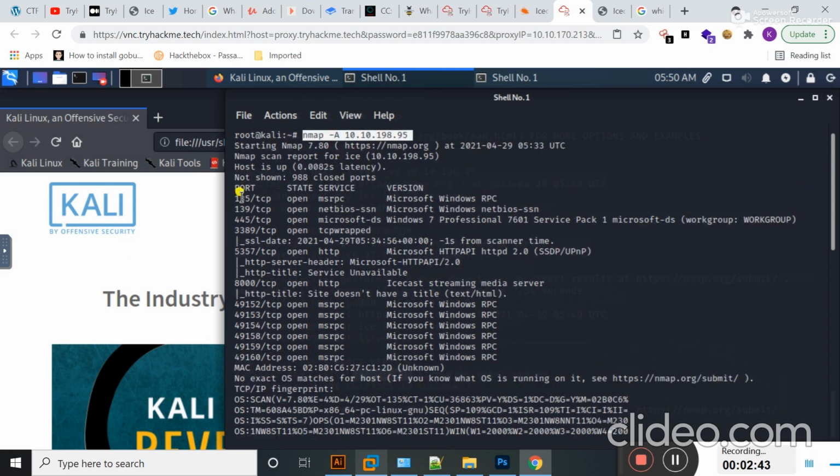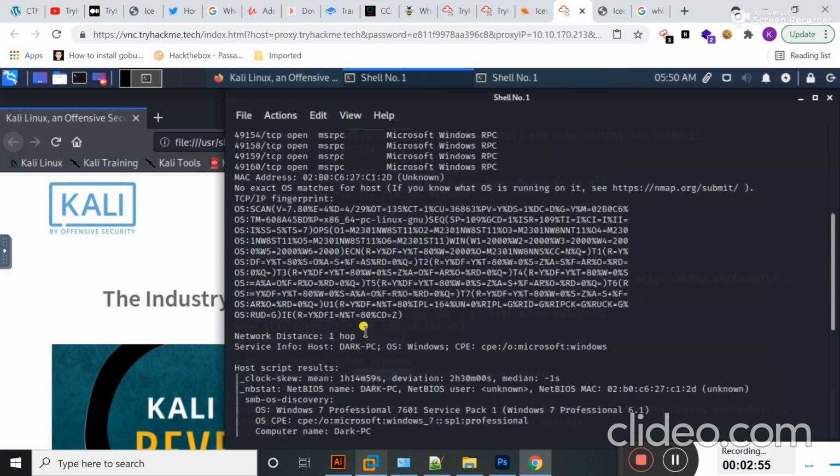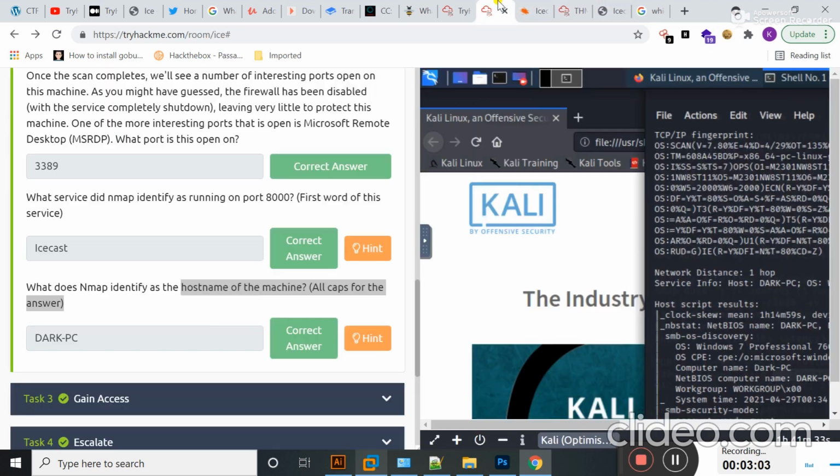You can see the port number, then the state of the port, the service, and the version of the running service is also shown. Okay, if I scroll down, students, here you can see service info, and the host name of this target machine is DARK-PC. So the answer of this question is DARK-PC.